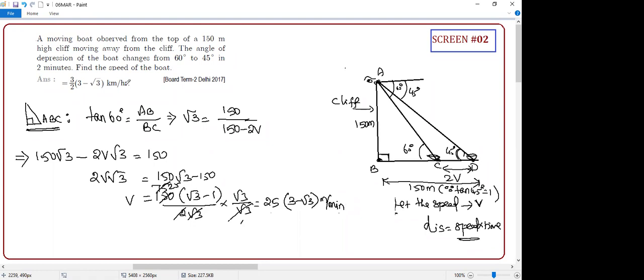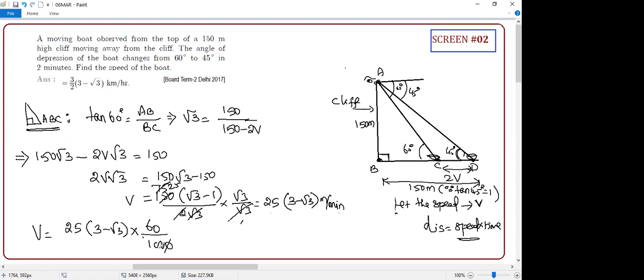Guys, very simple. You see here, I am giving meter. You want to convert into kilometer. What will you do, students? You have to divide it by 1000 to convert meter to kilometer. Correct or not? First thing. Then how to convert per minute to per hour? Per hour means you have to multiply by 60. Correct or not? This is per minute, so you want 60 times, because per hour means I want 60 times. Clear or not?